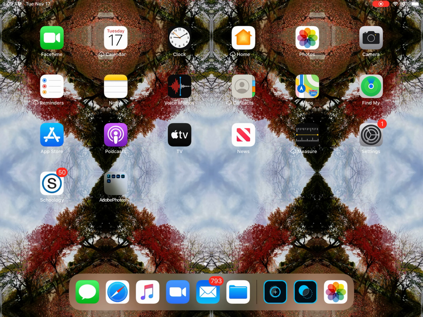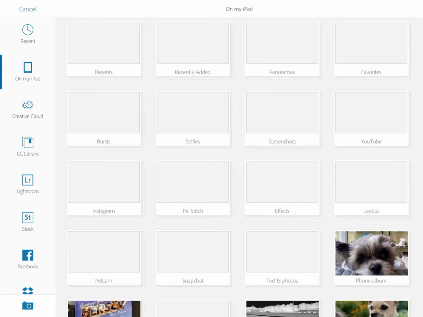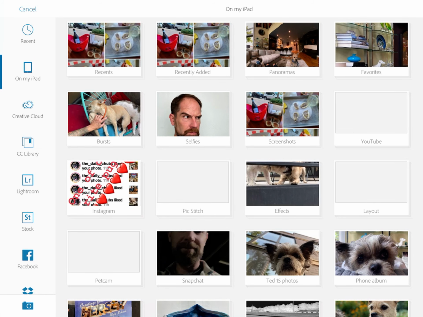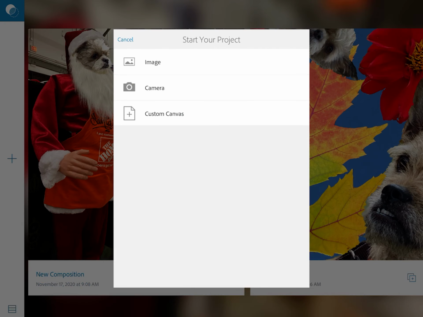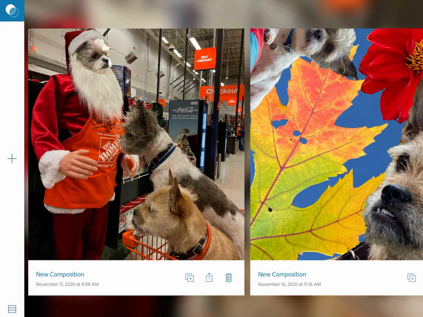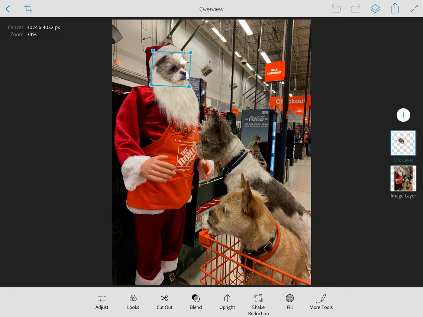So let me show you how to do what we call either a replacement photo, some people call it composite photos. I'm going to be using, again, Photoshop Mix. And let me go to a project that I've already started here, just to show you what we're going to be doing. So here in my new composition, where my two dogs are shopping at Home Depot,